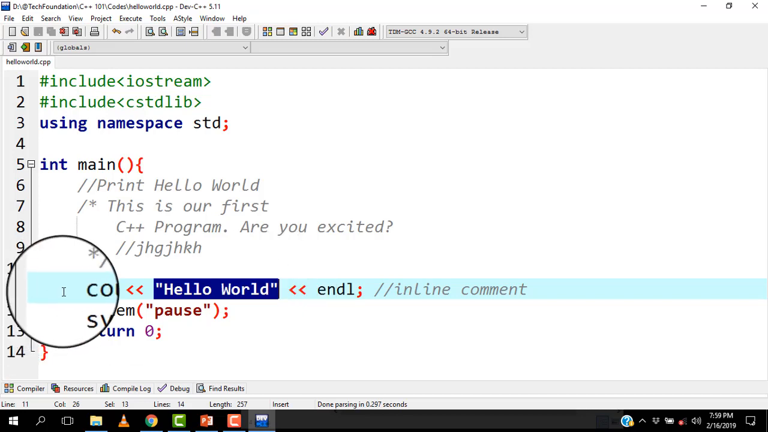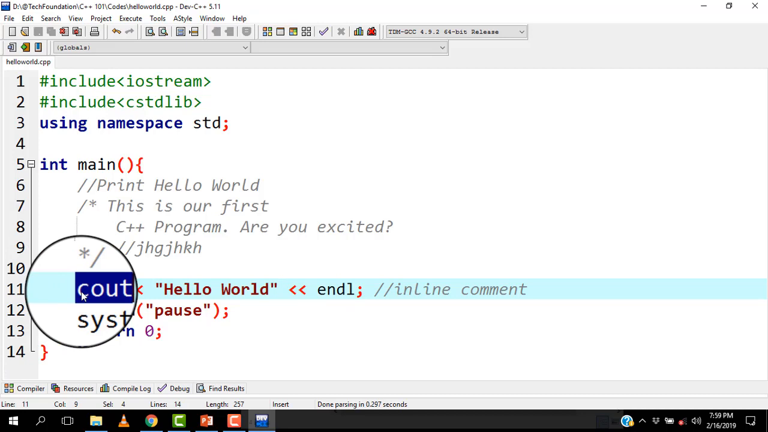The identifier cout, which is pronounced cout, is an object. In programming, when we talk about an object, it is nothing but an instance of a class. We shall look at classes in later episodes. Now, cout is predefined in C++ to correspond to our standard output stream, and in this case, that's our computer's